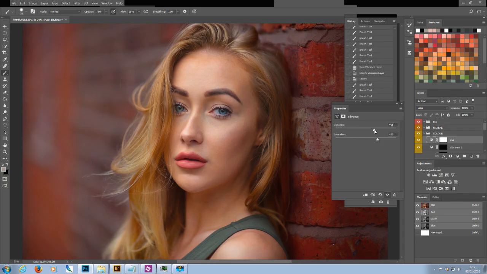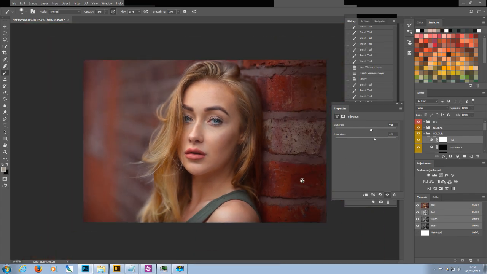So what I want to do is work with my vibrance layer until I get that kind of sweet spot. I would describe it as a sweet spot between impact and subtlety. We don't want to destroy our image by overdoing anything. So let's try that,